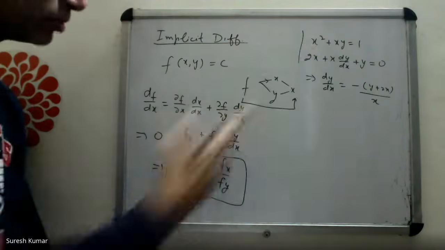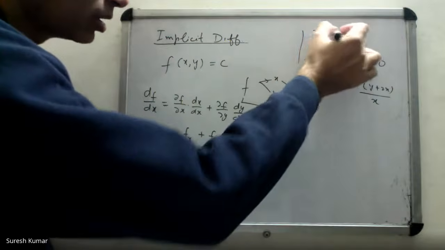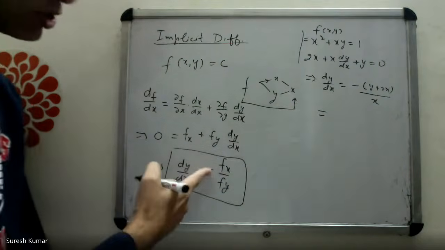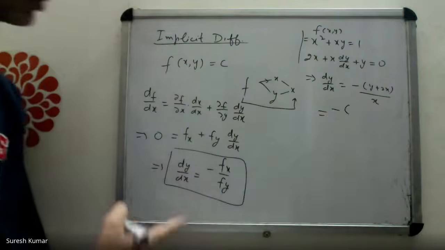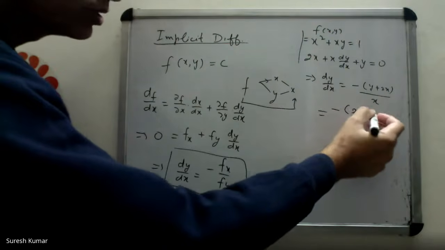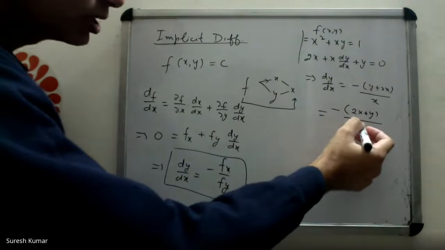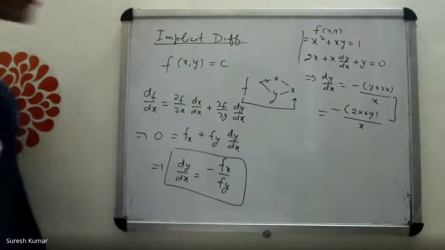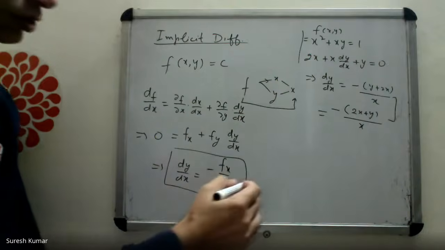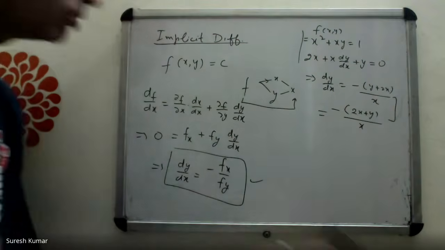Let us do this problem using this one. See whether we get the same answer. This is your f(x,y), correct? So what is dy by dx using the partial derivatives? Minus fx, which means the partial derivative with respect to x. So what do we get? 2x plus y, divided by fy, the partial derivative with respect to y. What is it? x. So you can check both answers are the same. Okay, so this is the formula for implicit differentiation for dy by dx from an implicit relation.